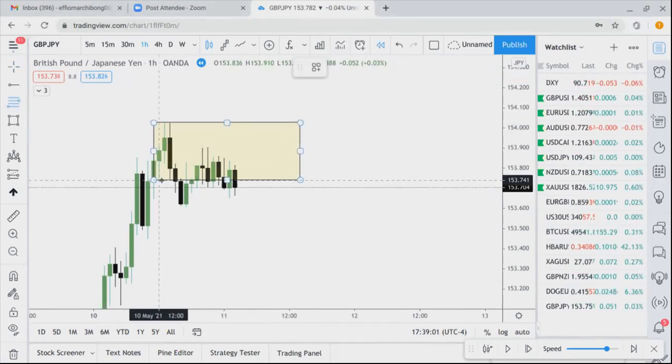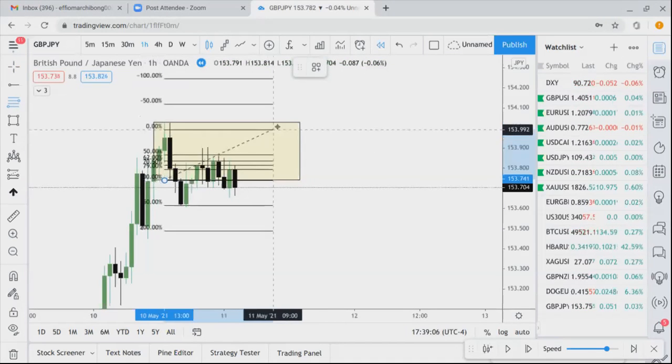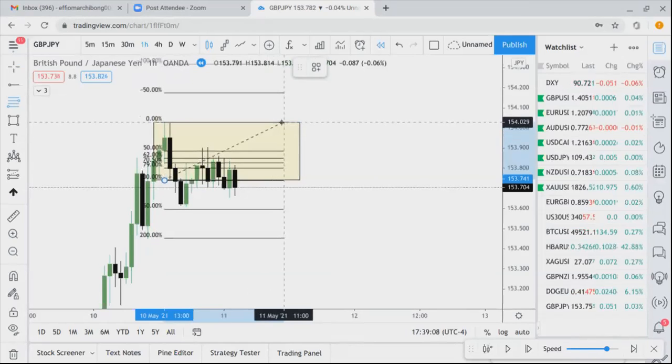you're going to draw a Fibonacci from your breakout point, and you extend it to the other end of this box here. When you do that,